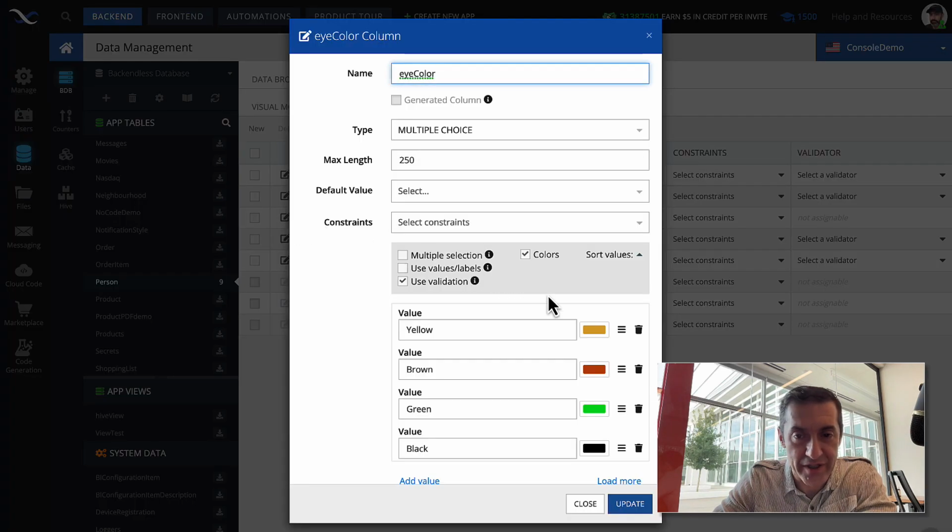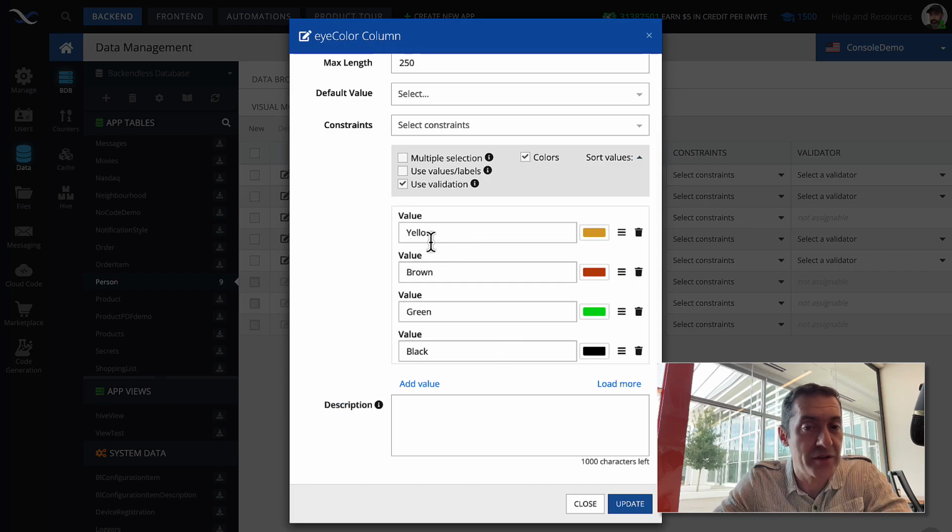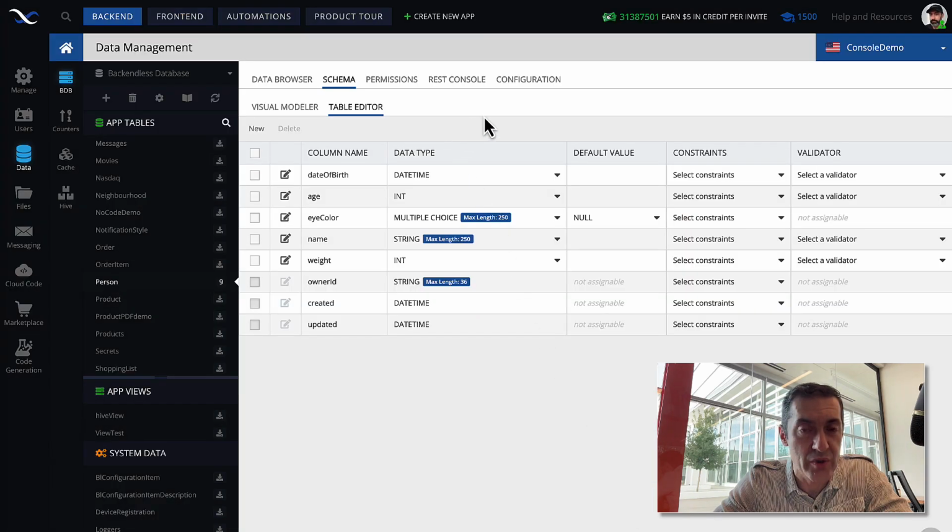In addition to this, you can either enable or disable colors, and that's very straightforward. Use validation is a very important option here. Whenever you have use validation enabled, the values that will be accepted for this particular column are going to be the values that you have identified. So here we have the use validation checkbox selected, and what's going to happen is that if I go to REST console,